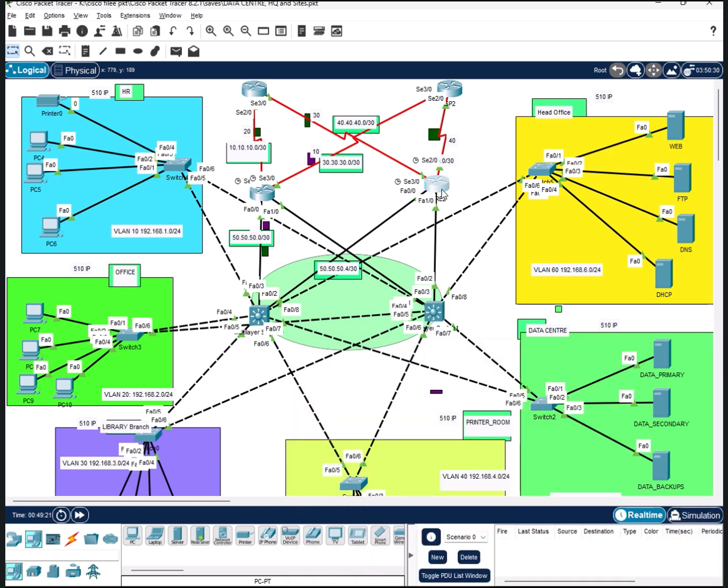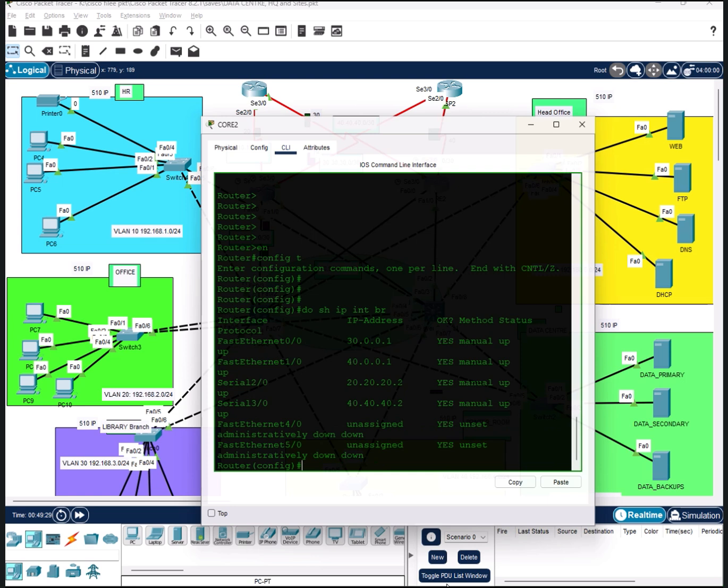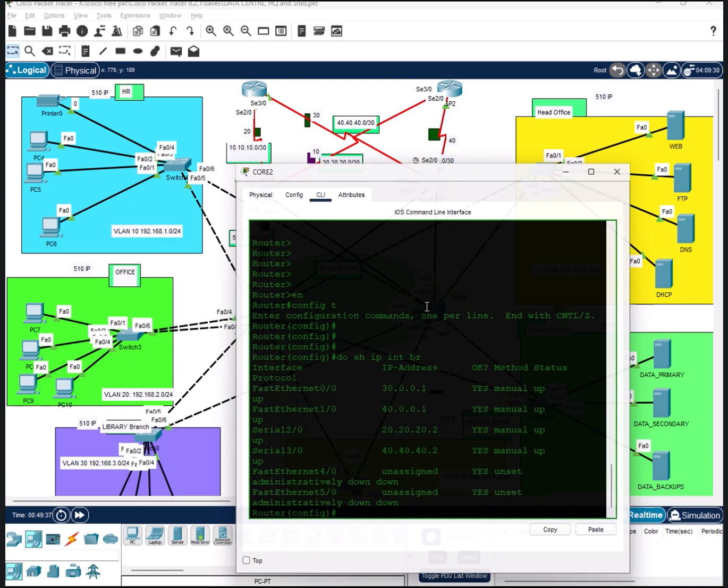Okay, so let's come here now and do the same thing, same configuration. All we have to do now is enable the router and then navigate to config mode, config t, do show IP interface brief. Let's see the current existing IP addresses configured in here. So what do you see right now? We have that one and that one. These are the IP addresses we're trying to eliminate. We're trying to take out all of these IP addresses and use only two usable IP addresses on the network. Okay,